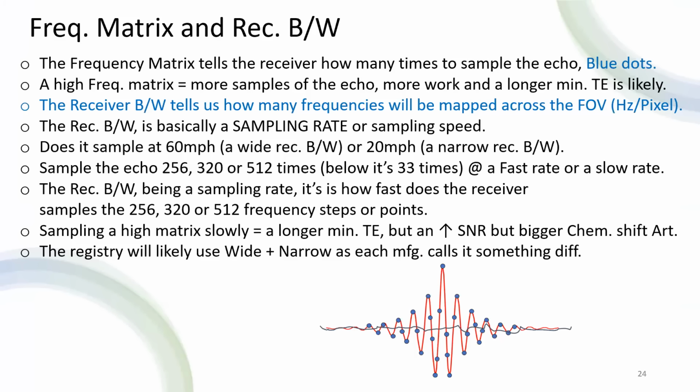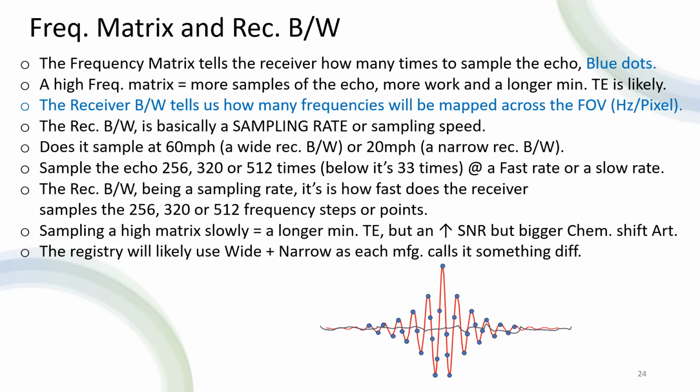So when you set up your matrix and you make your frequency matrix a certain number, that's telling the receiver how many times to sample that echo. So down below, those are your blue dots. So that's the work that the receiver has got to do. It's got to measure X number of times. I think down below, there's like 33 dots there. So how fast is that receiver going to sample those 33 dots? Okay, that's your matrix. A high matrix means there's more dots. You've got to sample. You got more work to do. More samples equals more work. More work means a longer